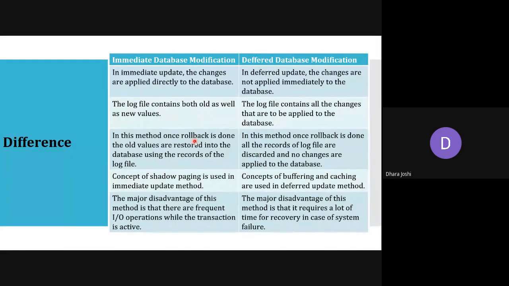Also, you can refer that here we are able to perform both the operations, redo and undo. Both of them are idempotent in nature, and in deferred, we are having just the redo operation, which is idempotent in nature. And then you can go for this disadvantage. This one point, shadow paging, we'll see, and once again we'll go for this difference in the immediate and deferred topic.